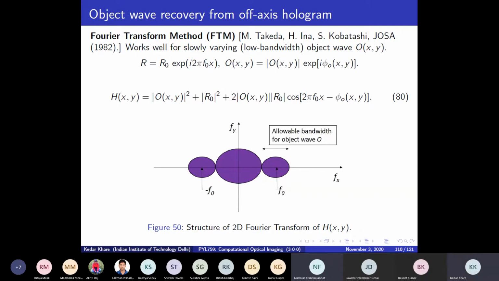Yes. In a one-frame or one-shot hologram, you have only one recording of H(x,y). So if these two overlap, then at least nominally, there seems to be no way to recover the information that is overlapping. In the region of overlap, the Fourier transform will be a sum of two Fourier transforms, the values from this lobe and values from that lobe. There is no way immediately that in a one-shot hologram you can recover those mixed pixels.